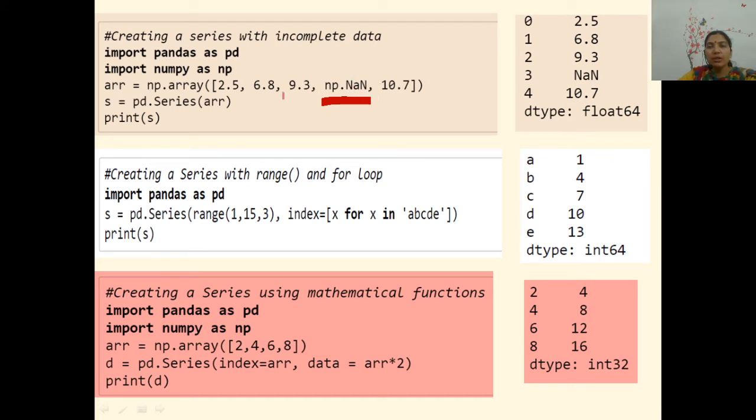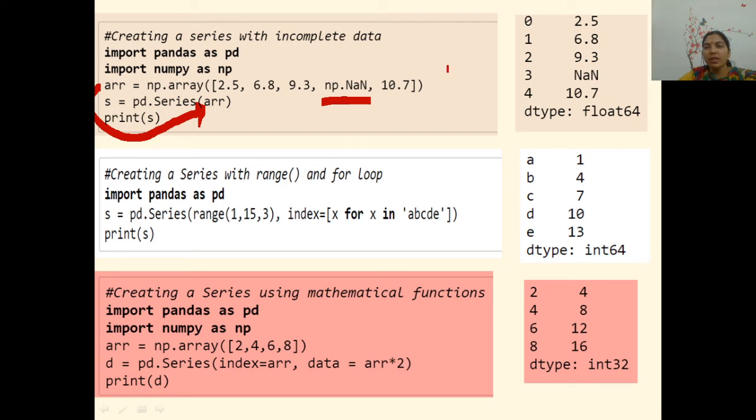One value is not available with me. So when a value is not available, I can always write NaN, not a number, np.nan, and when I convert this array into series, just see, this array has been converted into series and then printed.